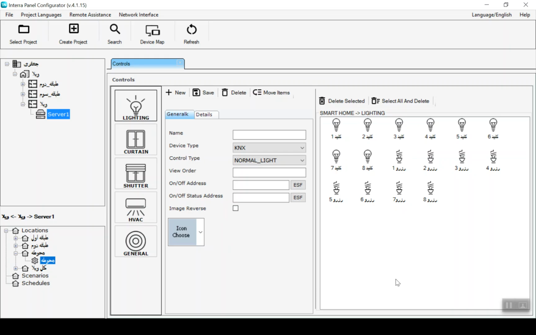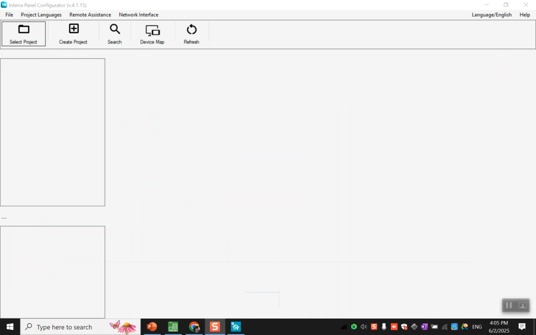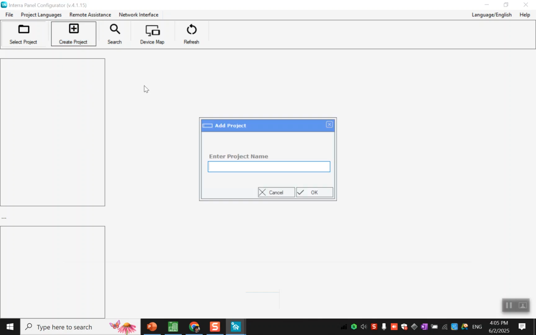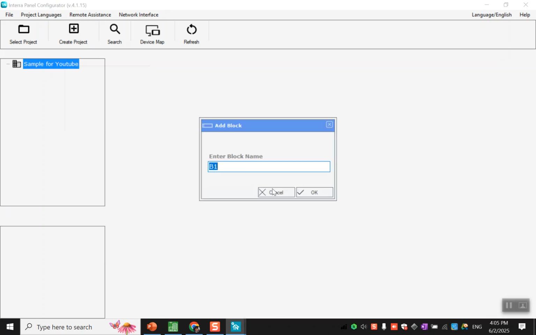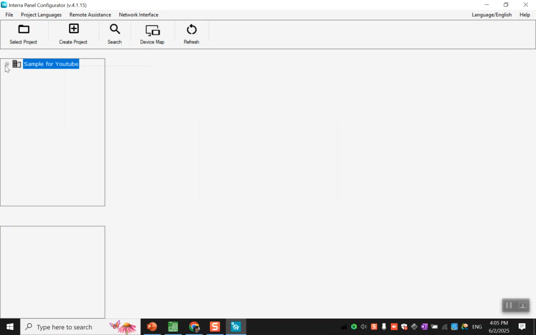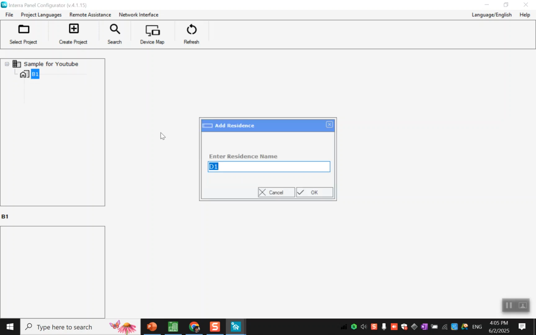Okay, so this is the panel configurator. When you open the panel configurator, you can click on create a project. We name the project sample for YouTube and we click OK. Then we click on the sample for YouTube and right click, we add block, for example block B1. Then we come to block B1, right click, add flat D1,